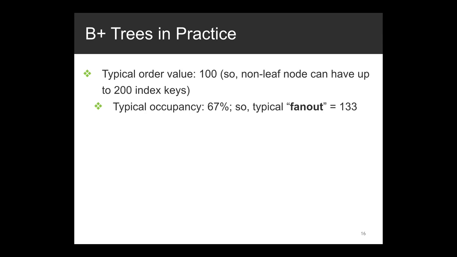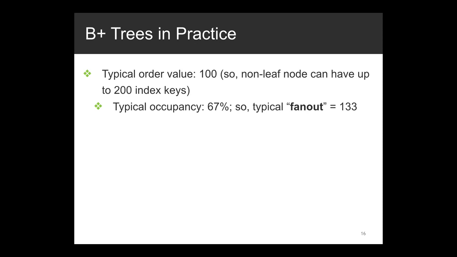Okay. Now, what is a typical value of the order of a B plus tree? What is the number of keys you can pack? Now, it depends on the page size, of course, but typical page sizes, if you say 4 kilobytes or 8 kilobytes, you can pack, say, 100 keys, which means the order is, so M is like 200. So, like 4 kilobytes divided by 200 is like 20 bytes, something like that. So 20 bytes is like 8 for the key and then maybe 12 for the pointer. But you don't have to use up the entire page to store